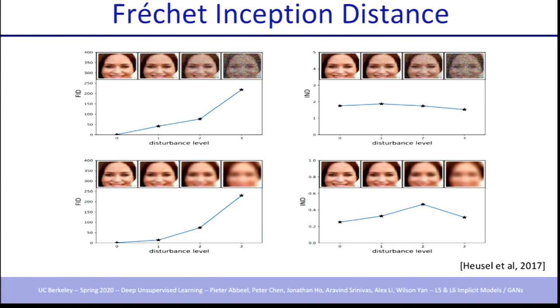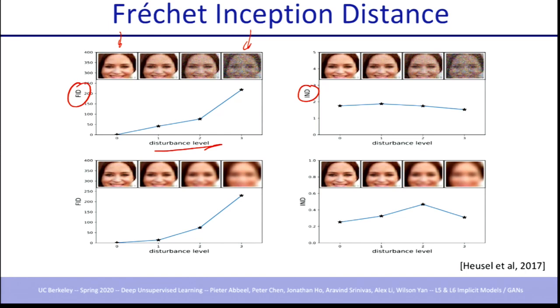And so in the Fréchet inception distance paper, they compare it with the Inception Score. And we see here that as you disturb more, the inception distance goes up, which is a good thing because it means you're not doing as well. So you have a worse score. Up is worse here. Whereas the original inception stays constant, doesn't really change. And so you definitely say this is a worse generator than that one. And Fréchet captures it, but original inception score does not.